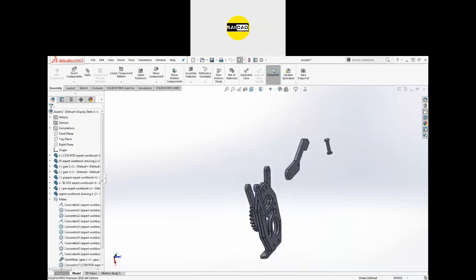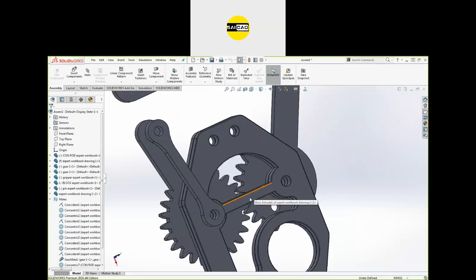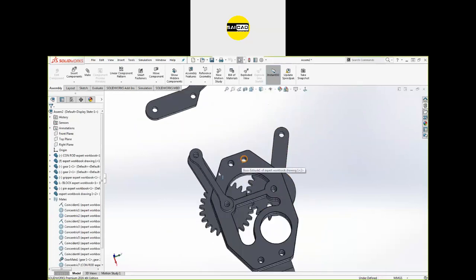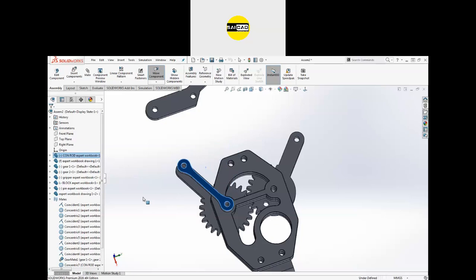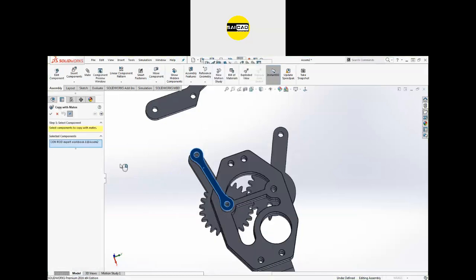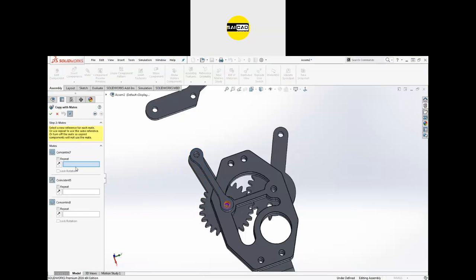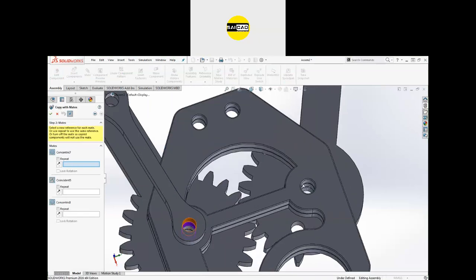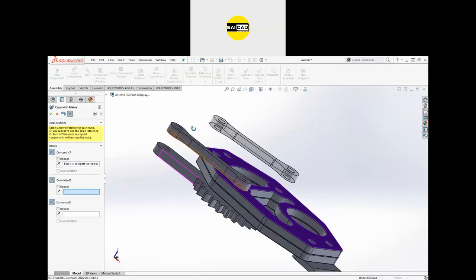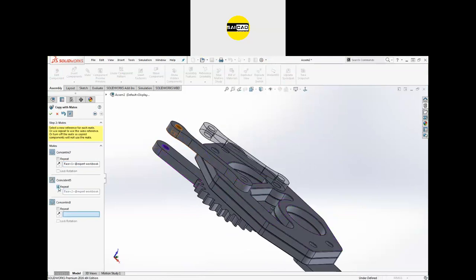We are getting some error here, so just wait for a minute. Copy with mate. You can simply apply the relation, but we want that to be changed a little bit.